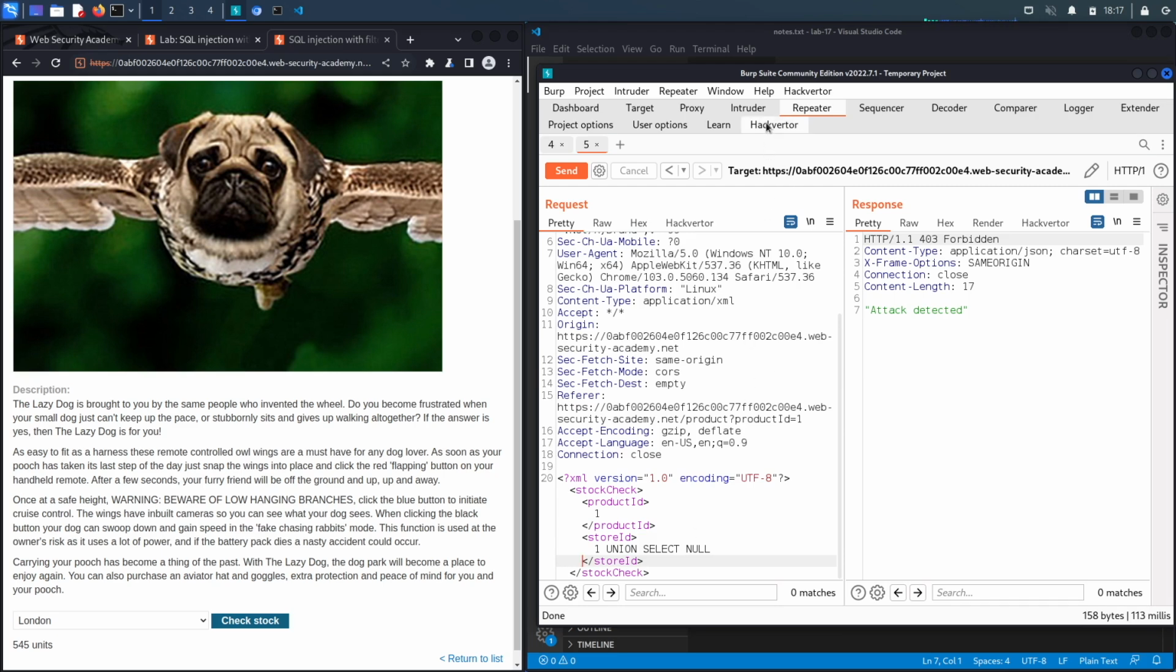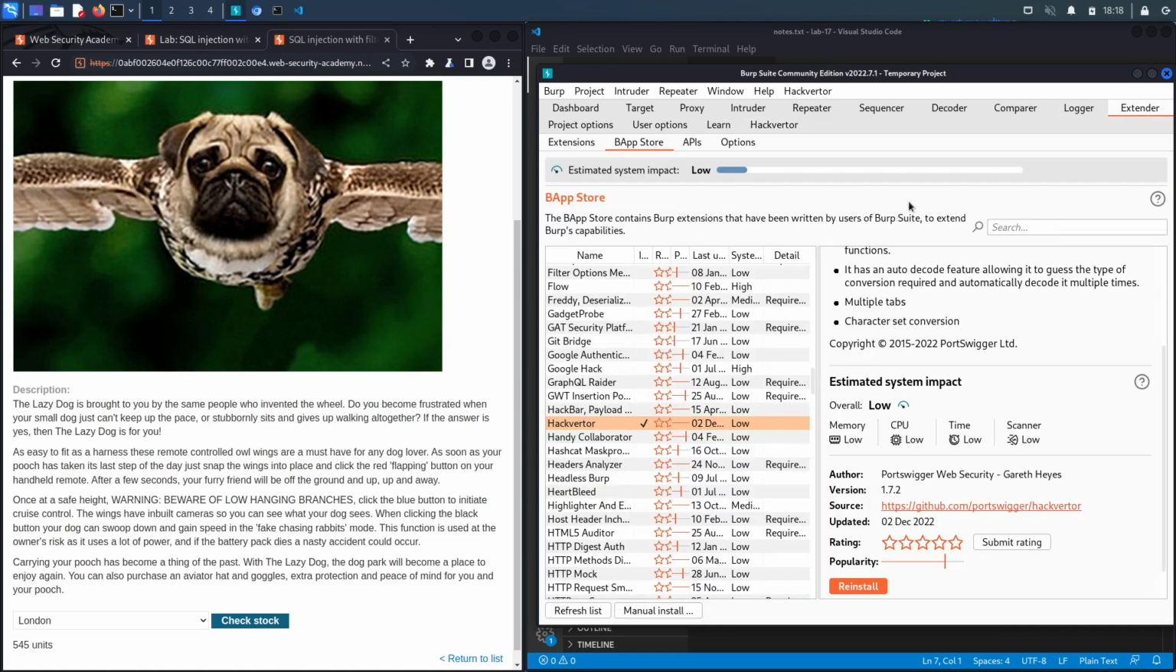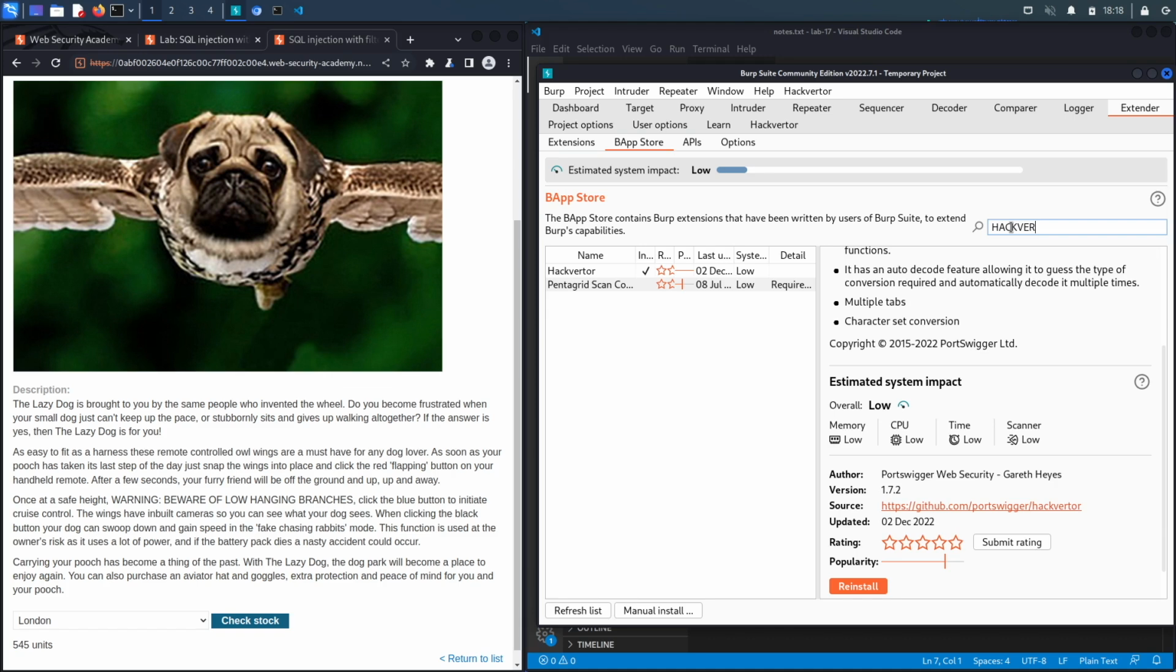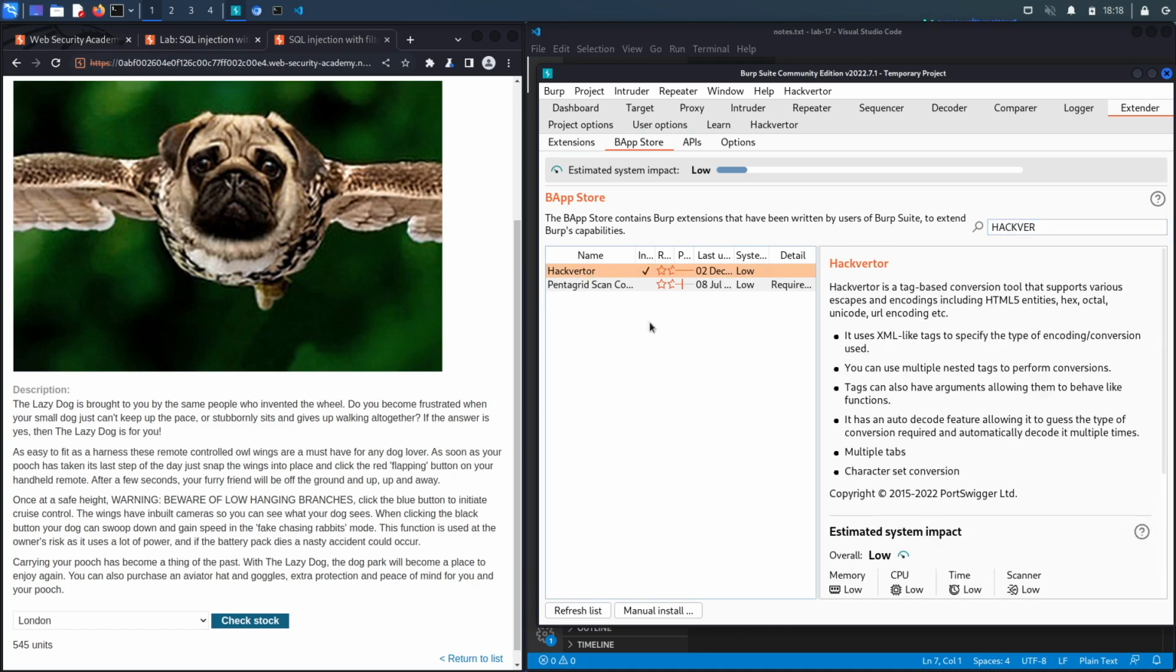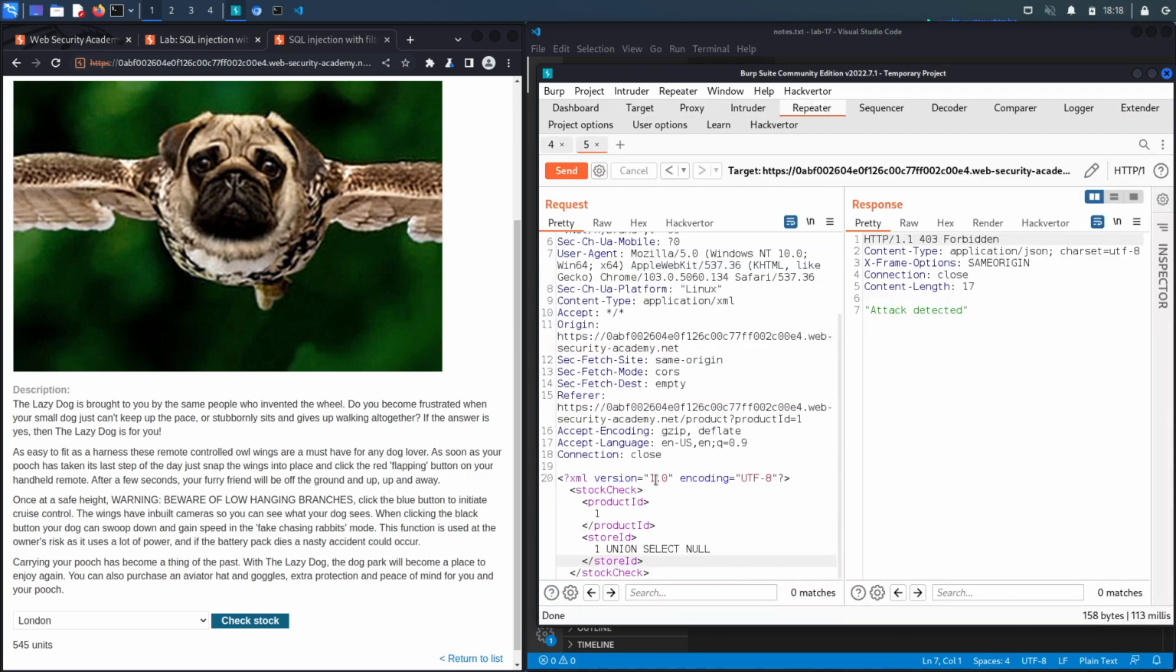And to do that, we're using an extension called HackVerter. If you do not have the extension installed on your Burp because it doesn't come installed by default, you need to go to Extender, select the BApp Store, and then search for HackVerter over here. Click on it, and then go down and click on Install. I already have it installed, and so what I'm going to do is I'm just going to go back to Repeater, highlight my exploit,